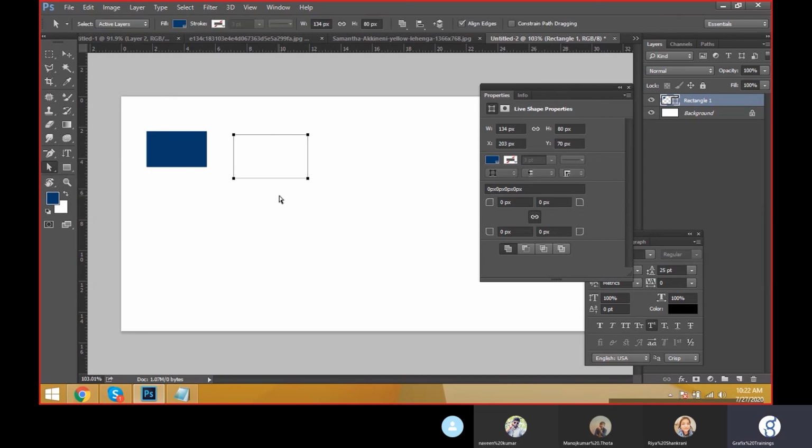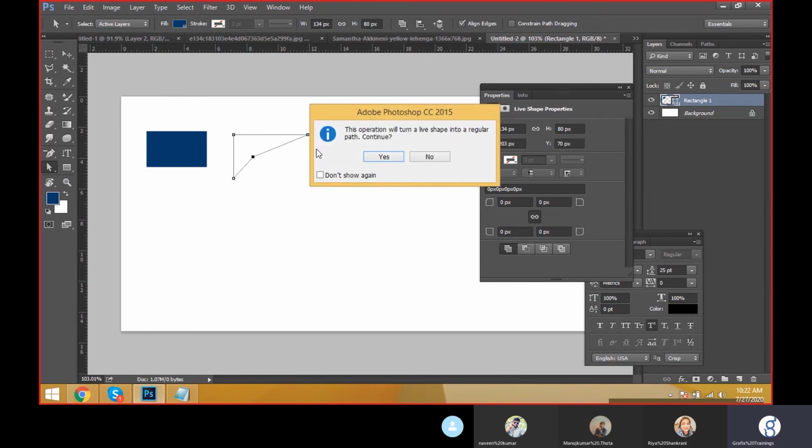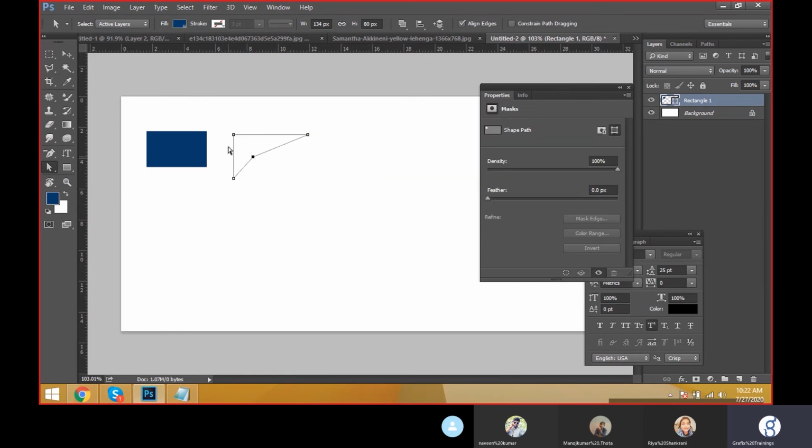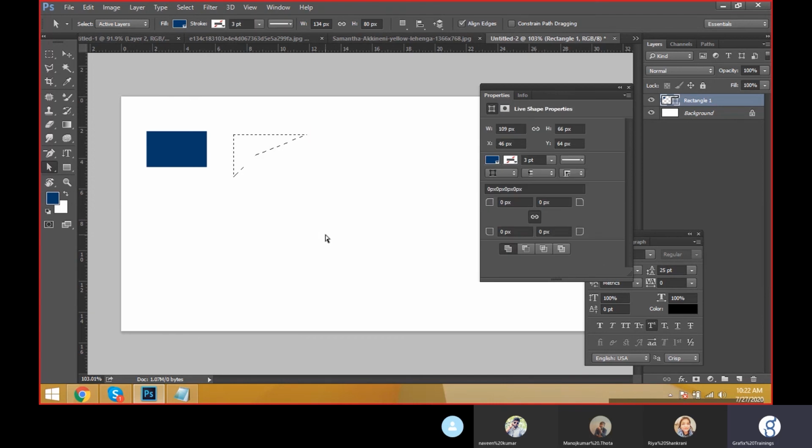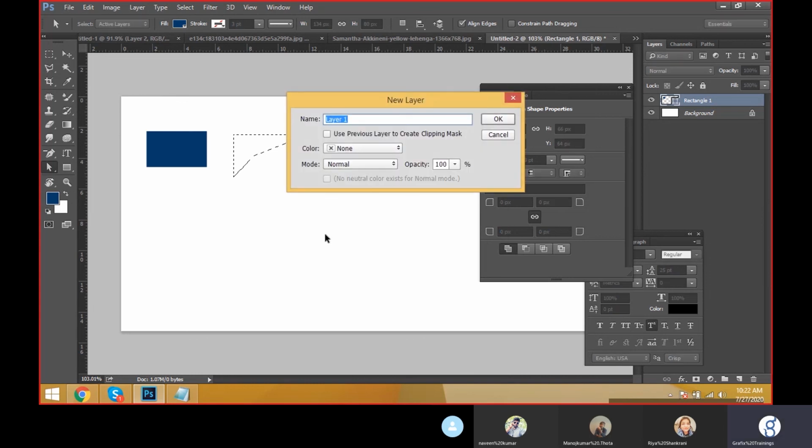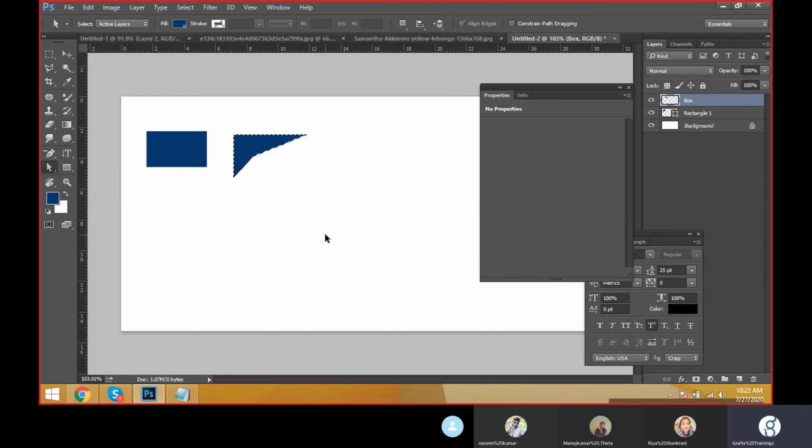We can adjust the path selection properties, but we can't fill the color directly from here. Again, to fill this color, what do we have to do? Control Enter for path selection. Now you can fill the color. Take a new layer, it is called box.